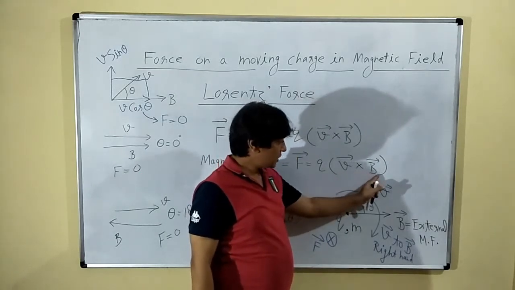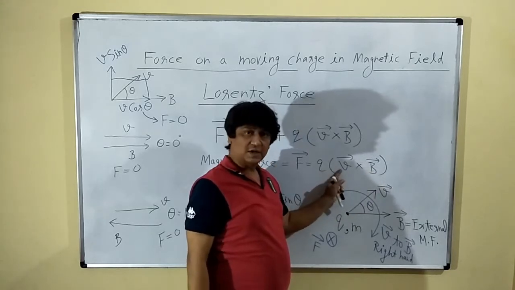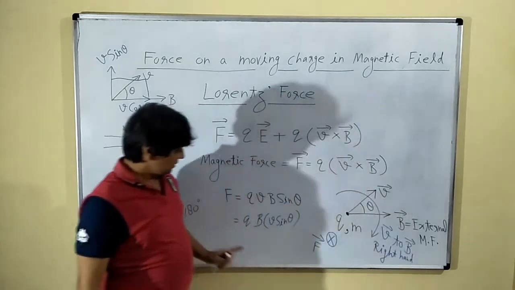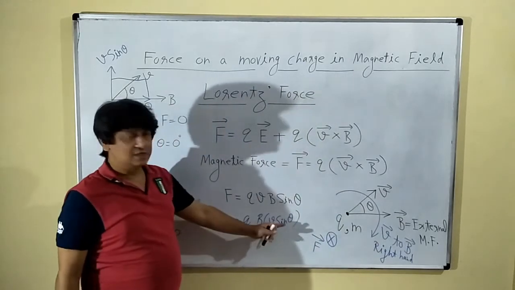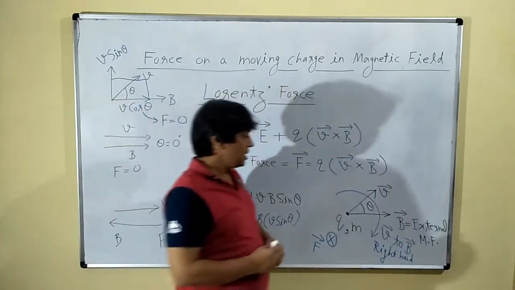You cannot switch these positions. It should be v first and then b. This is the magnitude part, इसलिए आप किसी भी चीज को आगे पीछे शिफ्ट कर सकते हो।